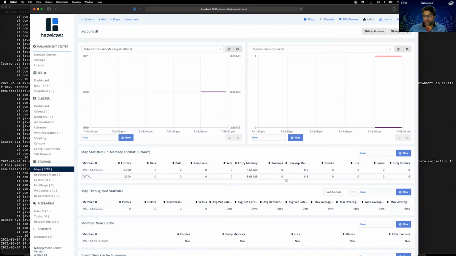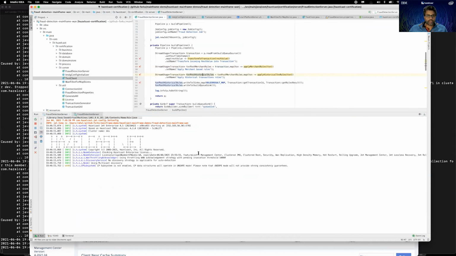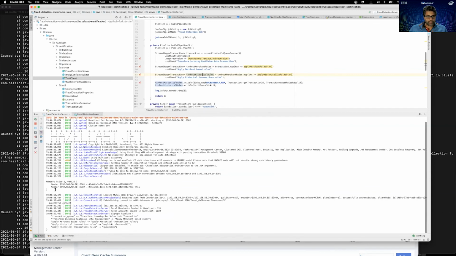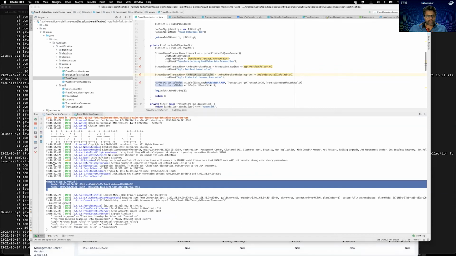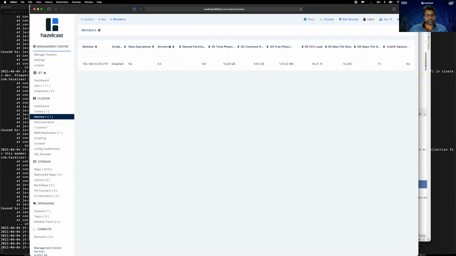So let's make it distributed and start one more server so that we have a more distributed nature of the technology in place, and we can see things in action, relate to it better. I just started another server node. The logs are updated, and if I go back to the management center console, I should have 2 members showing up here pretty soon. It updates every 5 seconds, I believe, and you can change the frequency of the update. There you go, got 2 members here.